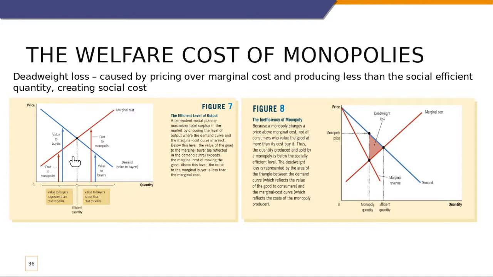So if we think of the marginal cost curve as the cost to the monopolist, and we think of the demand curve as the value to buyers, where they equal each other is the point where social value is maximized. Whenever the quantity is below this point, that means the value to buyers is greater than the cost to sellers. Similarly, whenever the quantity exceeds the equilibrium quantity, that means the value to buyers is less than the cost to the seller. So typically we find that this middle point here, equilibrium, is where the market is at its most efficient.